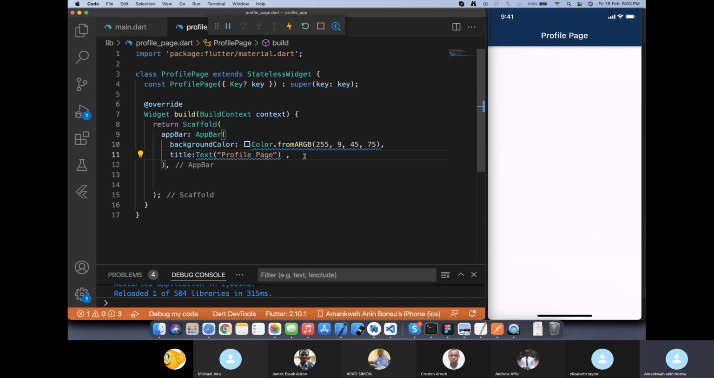And remember, the title is a widget. That's why we created a text widget. And I remember I also told you that if you want to write anything on an application, you need to use the text widget. Anything you want to write on your app, remember you have to use the text widgets. It has got a lot of properties. It has got something like the